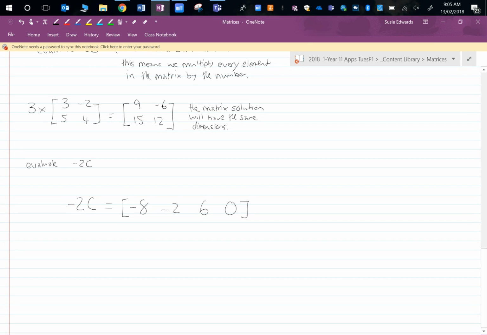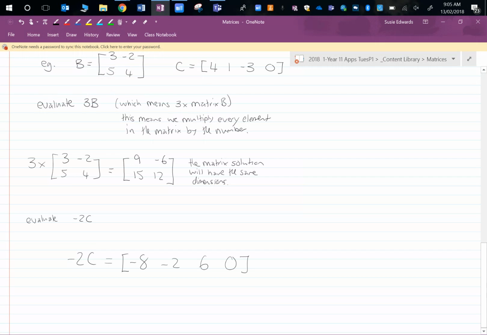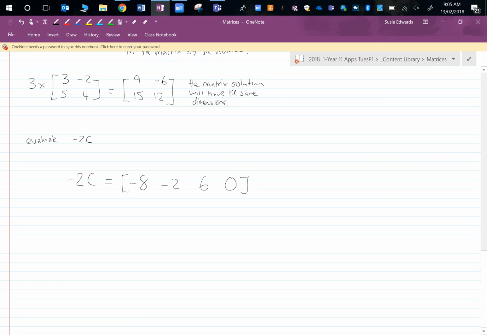The next thing we can look at is equal matrices. So we're going to kind of do about 3 different sort of things today, and then you guys will practice as we go because they're quite simple little things. So equal matrices. All right, so equal matrices are 2 or more